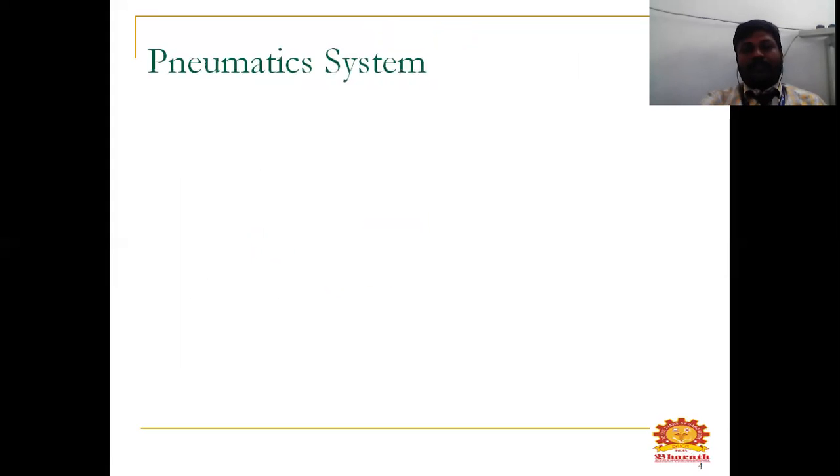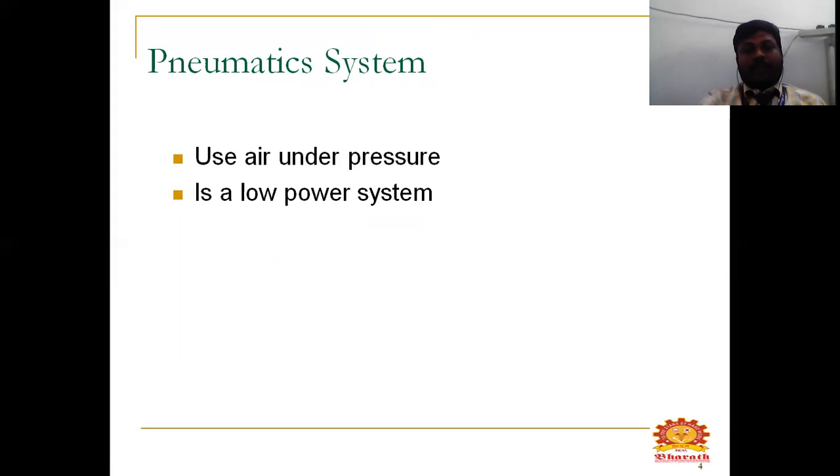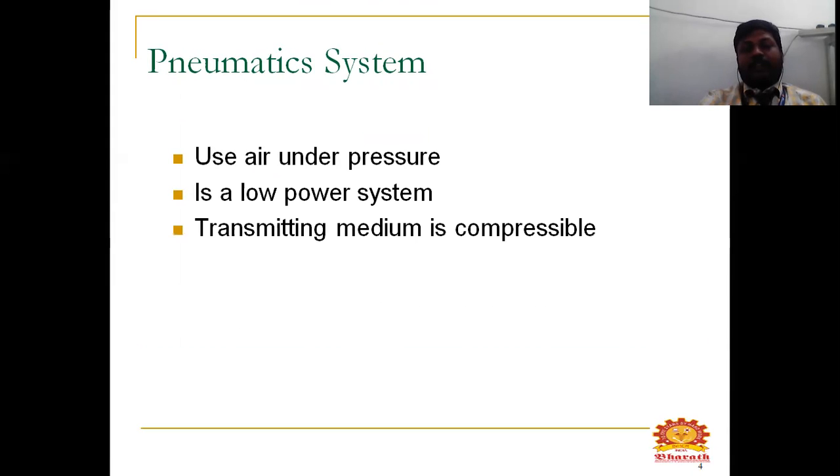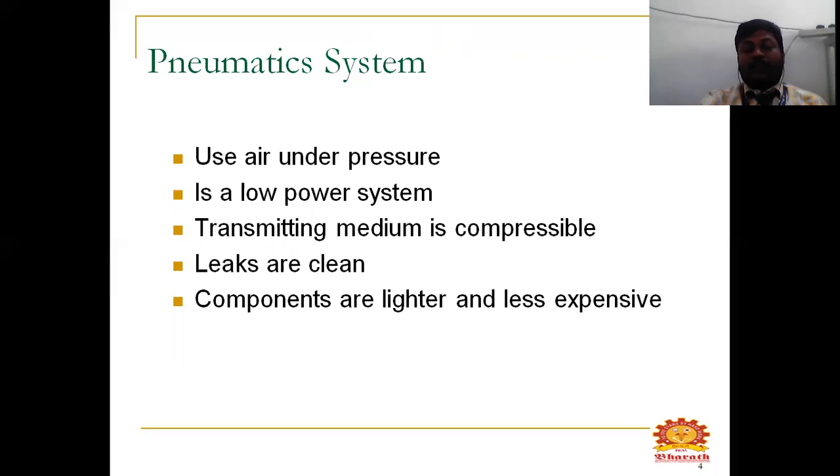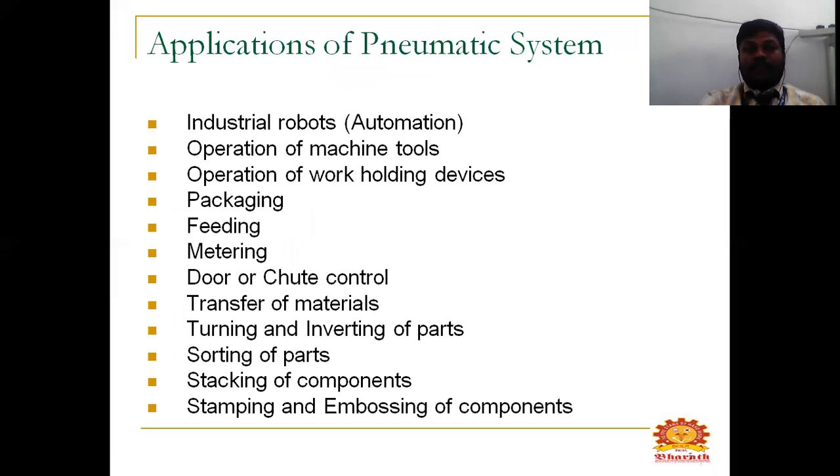Pneumatic systems use air under pressure and are low pressure systems. The transmitting medium is compressible, leaks are clear, and components are lighter and less expensive. Air is also cheaper.